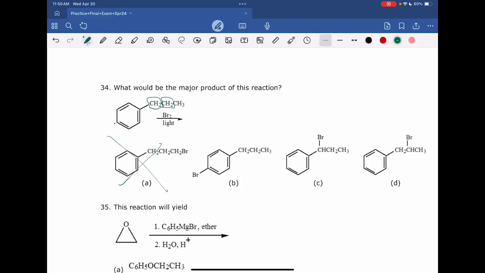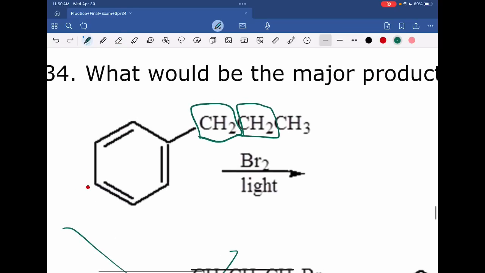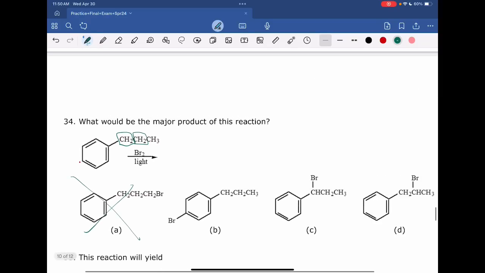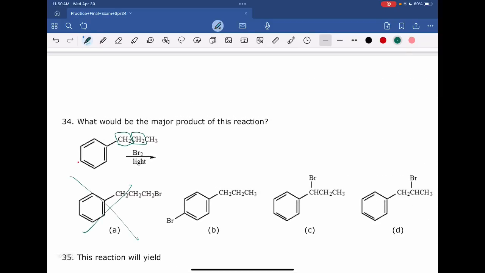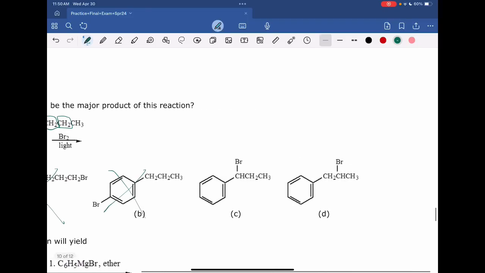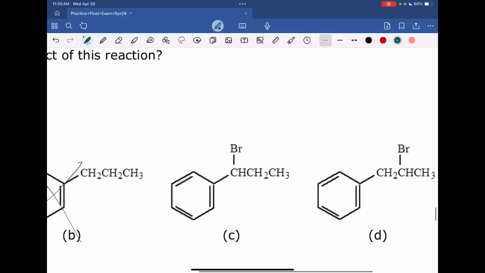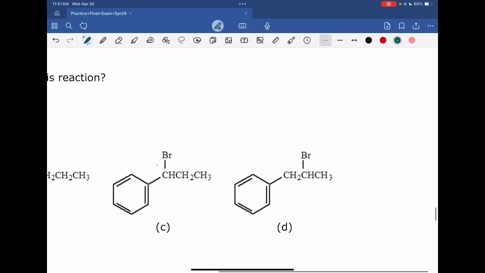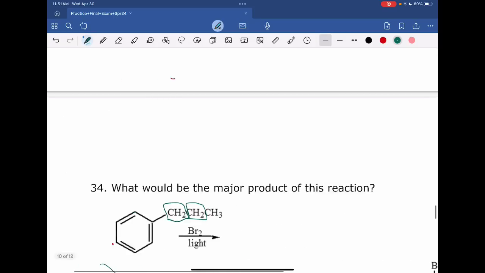So it's not A. And in case y'all are wondering, this is tertiary, why not brominate it? You can't brominate it because if you do it, you would break the aromaticity of benzene. Benzene rings don't react unless it's EAS or NAS. Okay. And B is just what I said. You can't brominate benzene. C makes sense. D also makes sense, but the reason why it's C and not D is because you need to look at